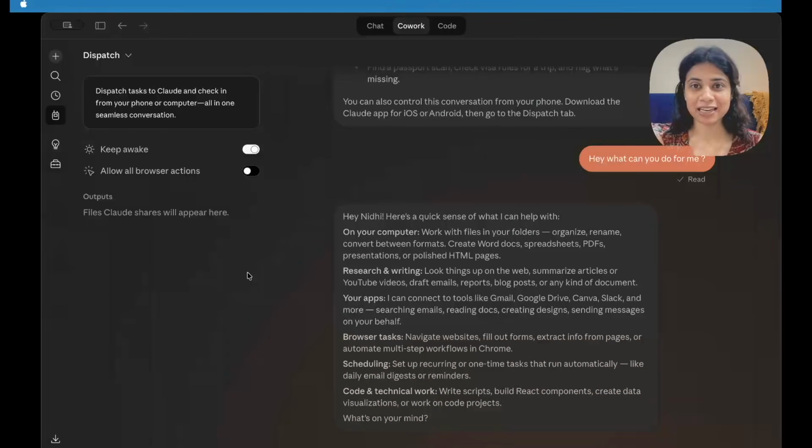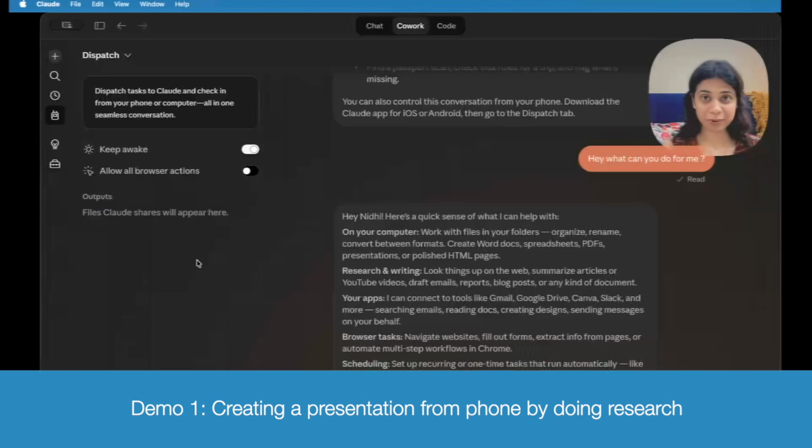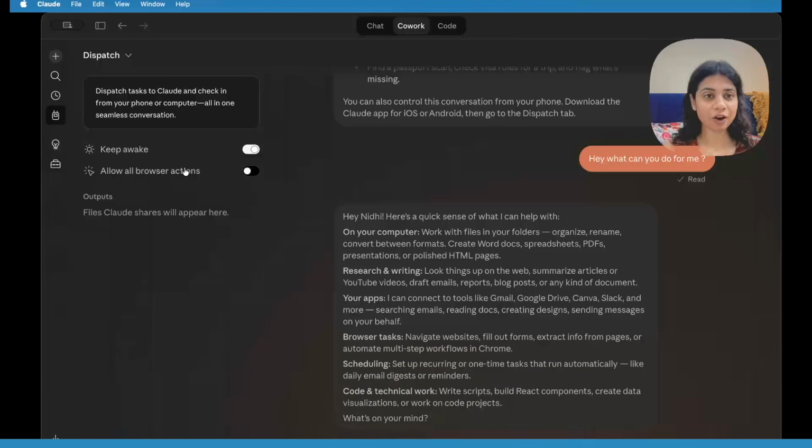So here, as we see, it has given me a summary of what it can do. It can work with files on my computer. It can do research and writing. It can connect to my Gmail, Google Drive, and my apps basically. It can browse tasks. It can help in scheduling. It can also do coding and technical work. For the demo purpose, I'll turn allow all browser